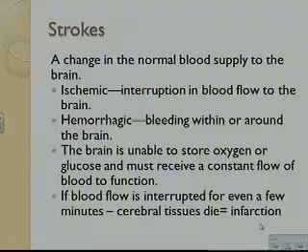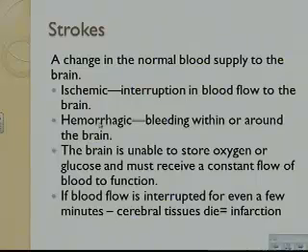If we look here, it's a change in the normal supply of blood, and there's several different things to keep in mind. One is there's two types of stroke. There's one that's ischemic, and it's an interruption of the blood supply. It could be like there's a clot blocking the vessel and the blood can't get through. Or it can be a hemorrhage, where there's bleeding from a vessel and that causes increased intracranial pressure in the brain, and that causes things to get cut off and not get the blood supply that they need